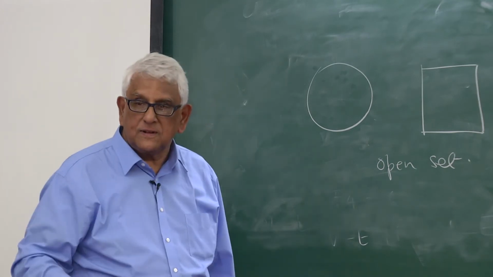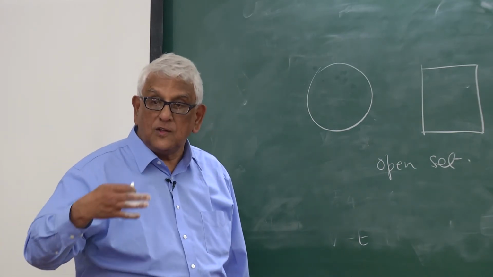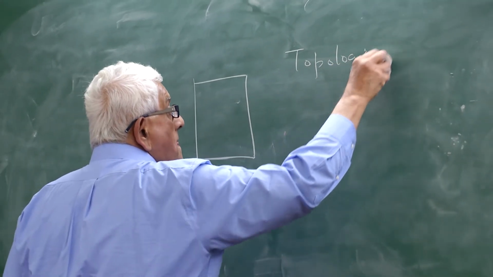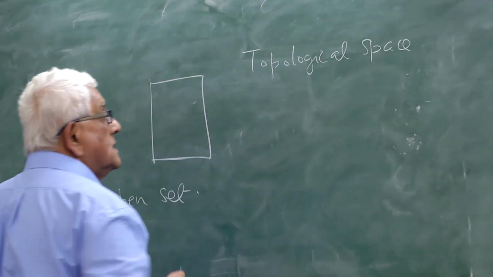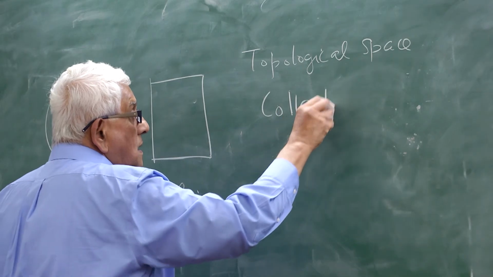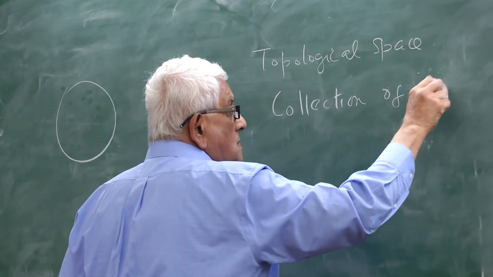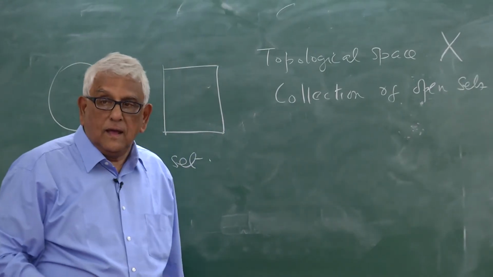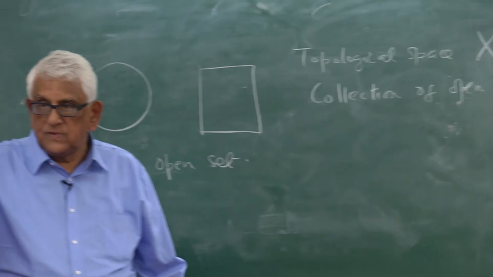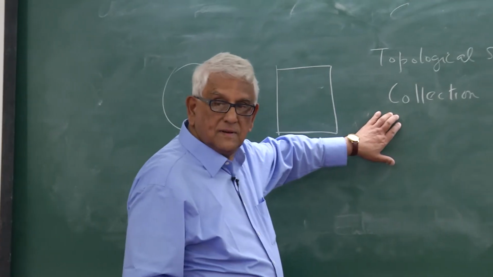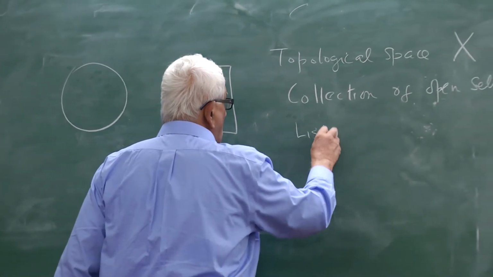So, instead of points, if I want to make a topological space, the building blocks are a collection of open sets. And in Euclidean space, you have to give me the points, and then the infinite number of points, but given the points and the distance you are on your way. Here you have to give me the collection. So, you have to list open sets